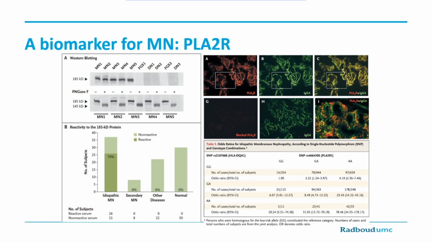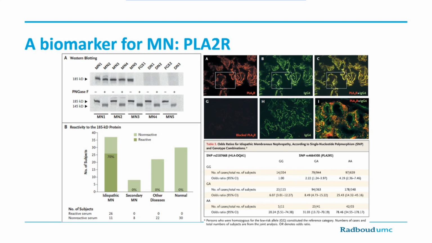compared this protein to known proteins, and thereafter, they tested antibodies from the serum against these recombinant proteins, and 70% of these patient sera appear to be active against the phospholipase A2 receptor that I mentioned before. In fact, also when they reviewed biopsies, again, this PLA2R co-localized with the IgG deposits. So they discovered the cause, which was before then unknown, for 70% of the patients with membranous nephropathy, which was